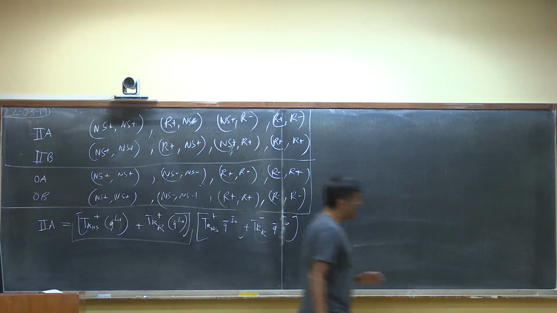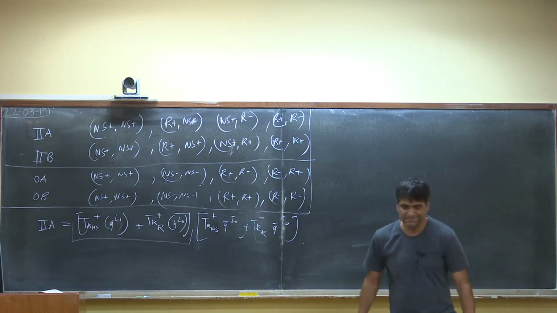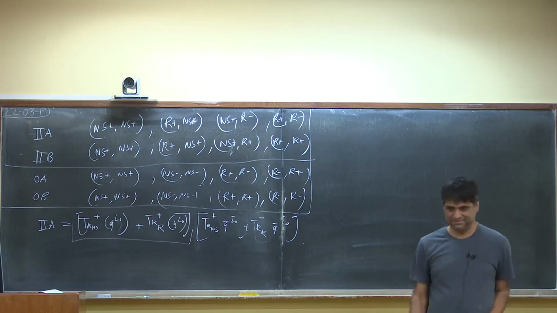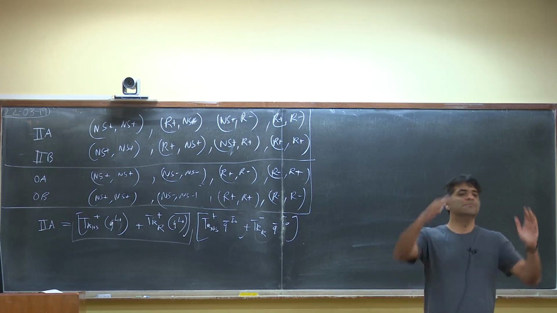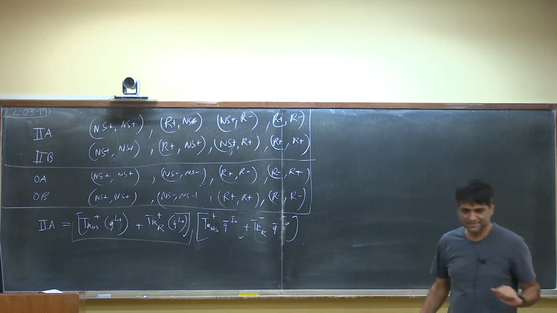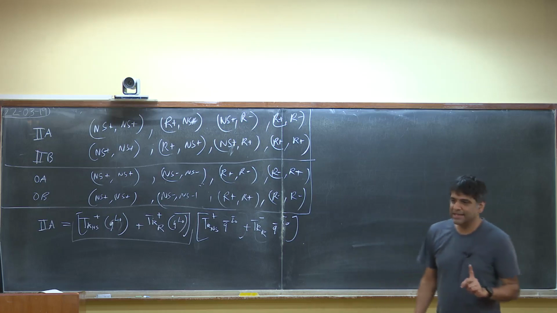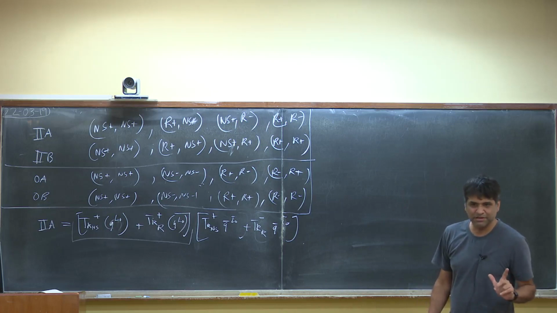There is a part of the partition function that comes from the bosonic part of the theory. This is the x's and the bc's. Now the x's and the bc's give you modular invariant partition functions. Have we ever studied that? Did we study that last semester? Can you remember? Did we talk about the partition function?